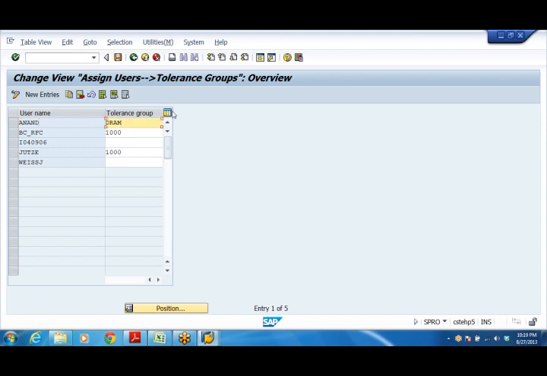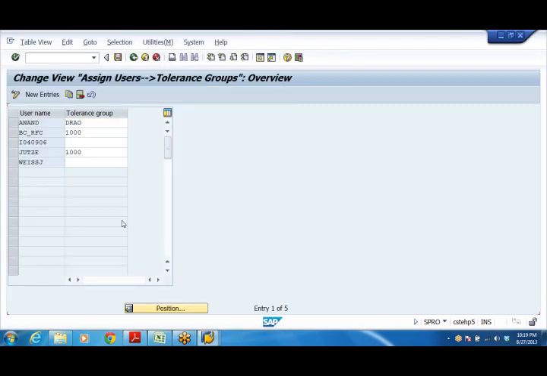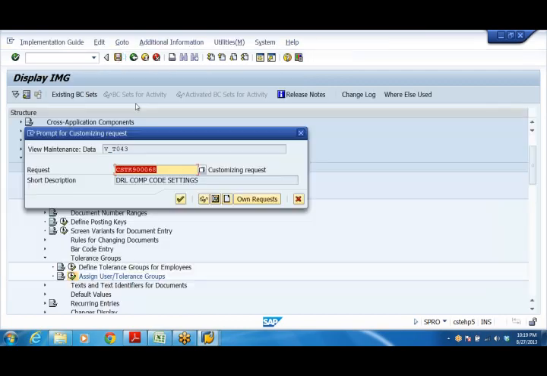Say for example, DRAO is there. For DRAO I have set the limit only up to 5 lakhs. If I give this user ID, let me check. Save it.